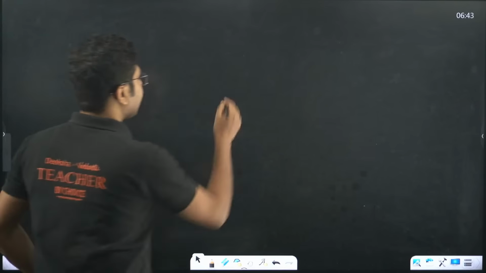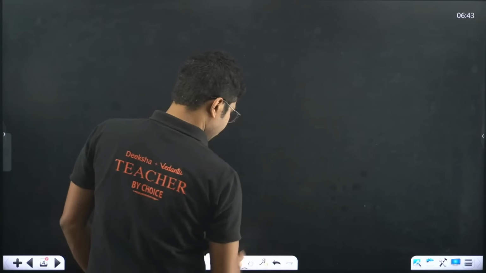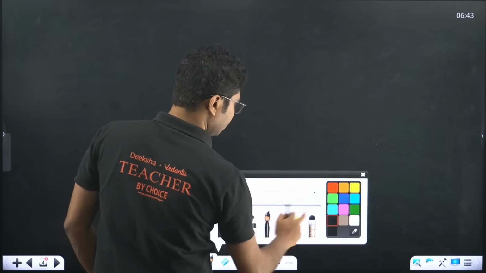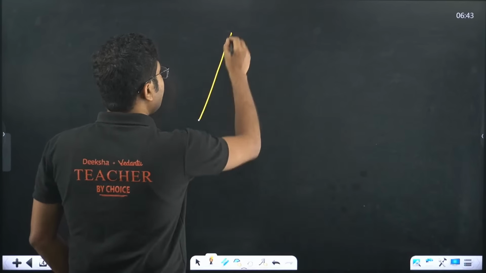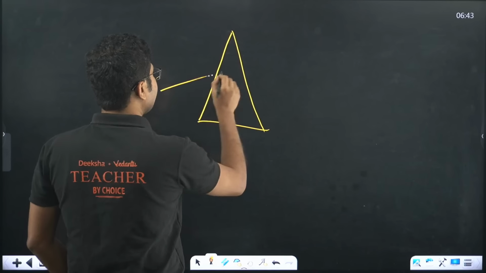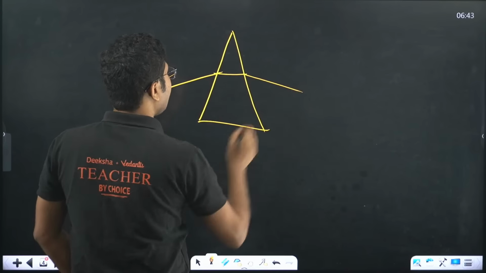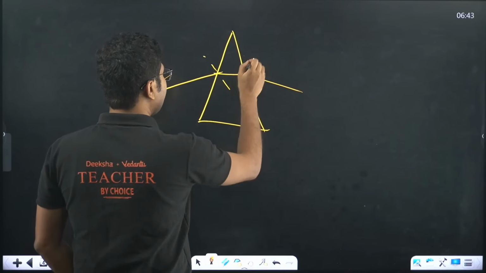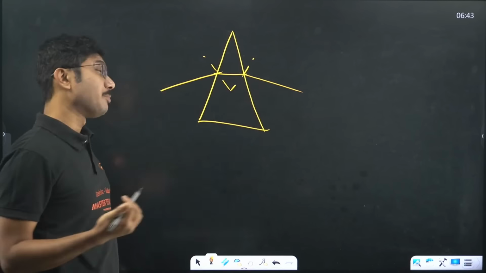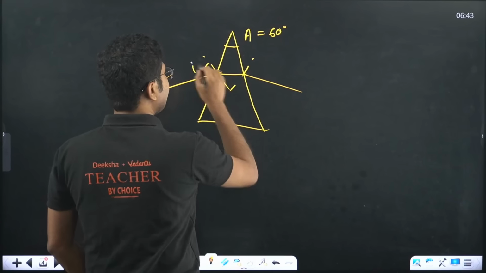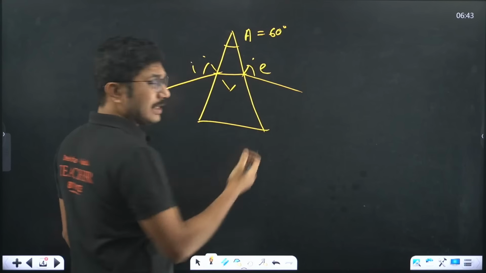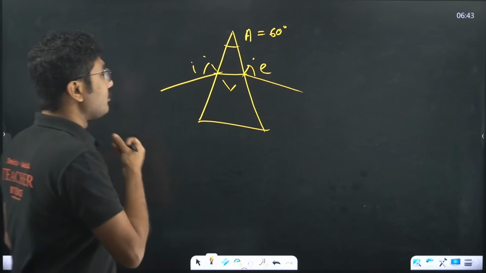So you are saying that in an equilateral prism, if the angle of incidence and angle of emergence are given, they can ask you multiple things. First of all, if it is an equilateral prism, you know the angle of prism is A equals 60 degrees, and this is i, this is e. Now it can be equal, it may not be equal, but you have to remember that